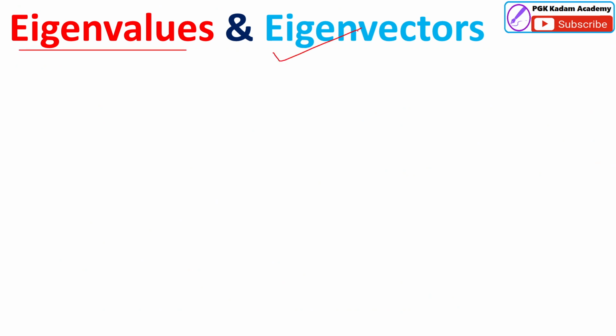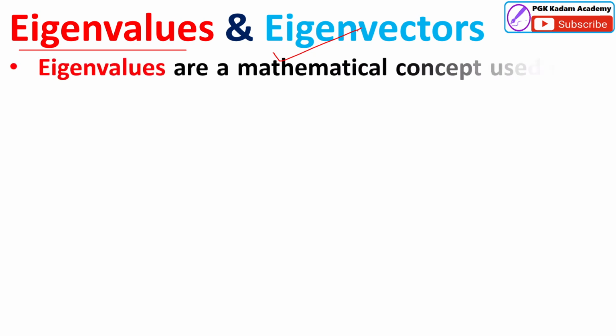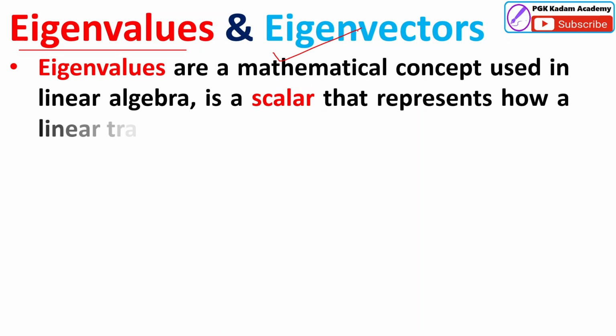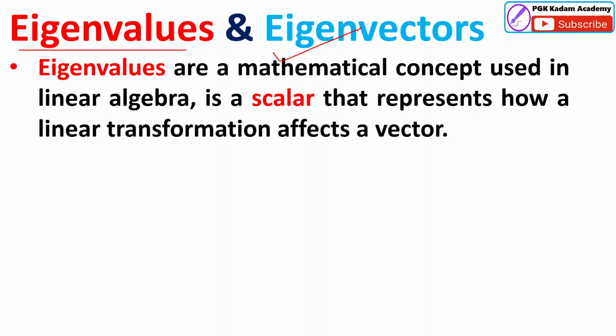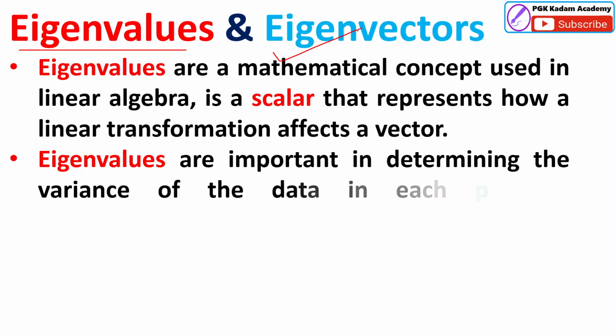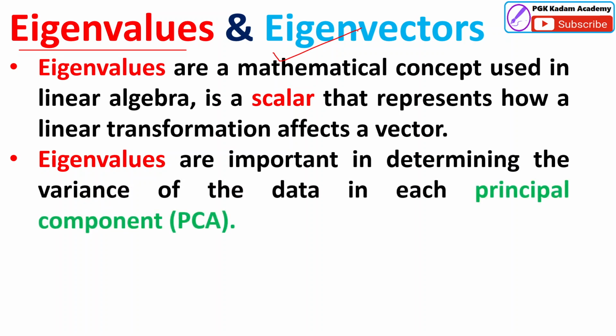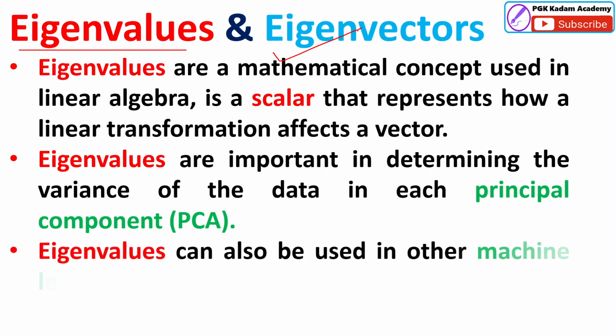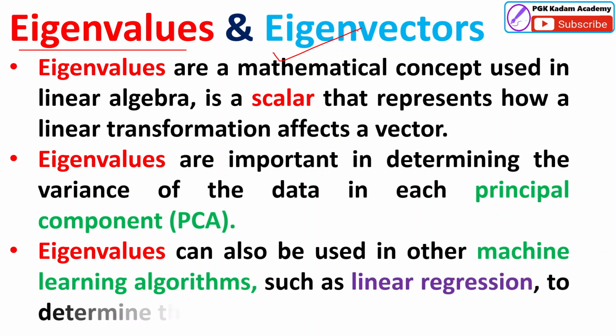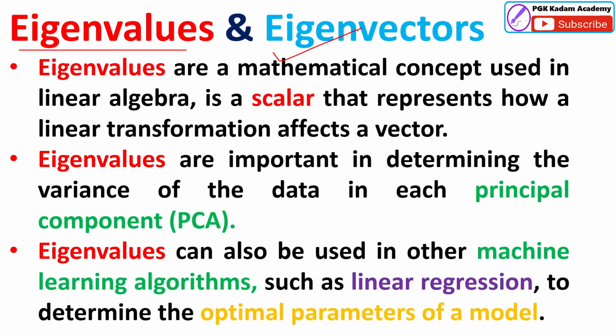Now we have to find the eigenvectors. How to find the eigenvectors? Before that, what is an eigenvalue? It's a mathematical concept used in linear algebra. It is a scalar that represents how a linear transformation affects the vector. Eigenvalues are important in determining the variance of the data in each principal component also. And friends, eigenvalues are very useful in other machine learning algorithms also, like linear regression, to determine the optimal